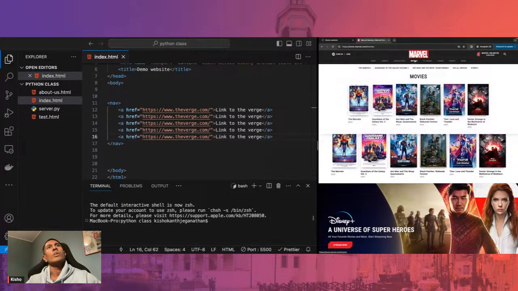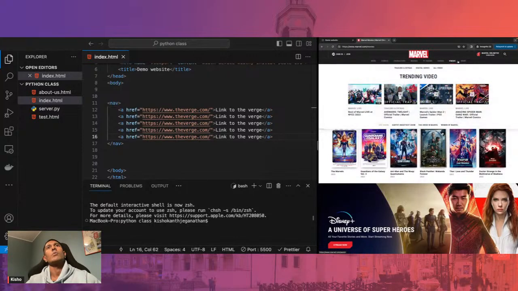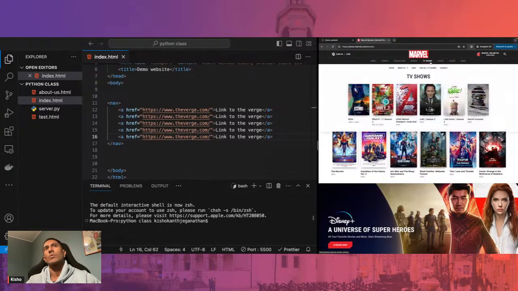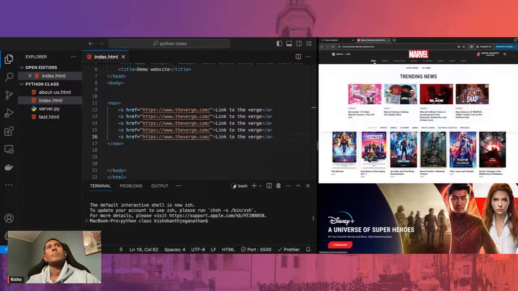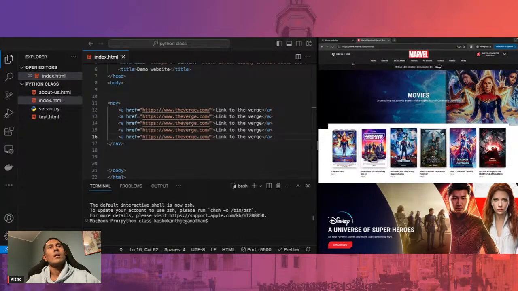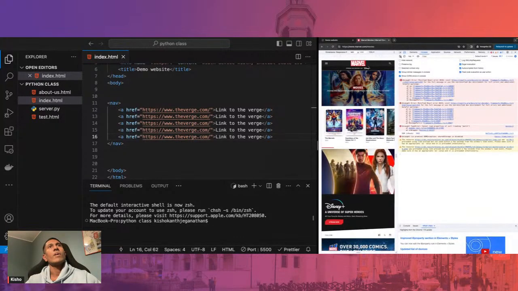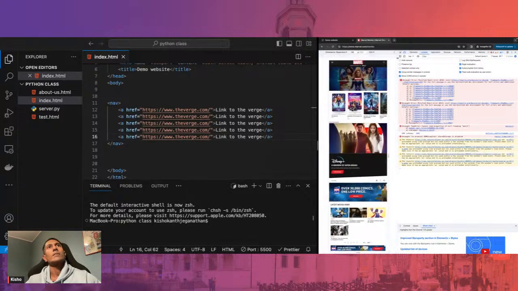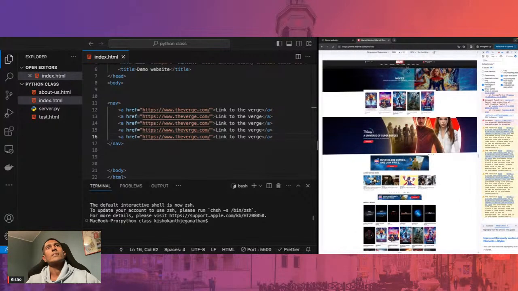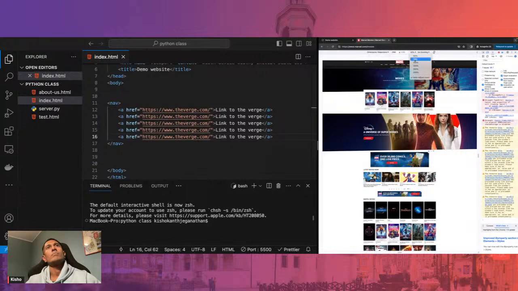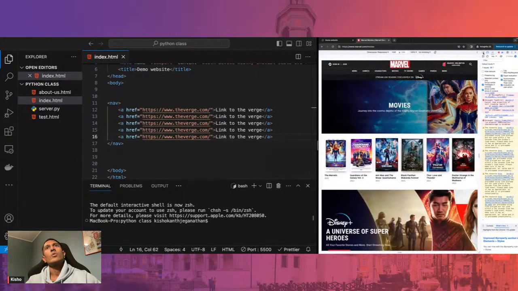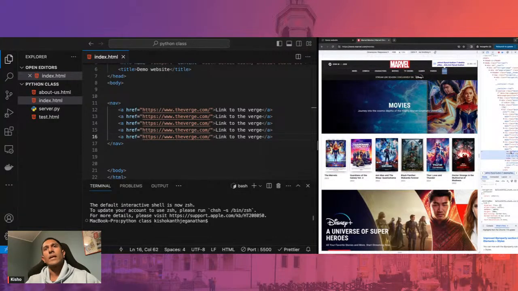Now, when you hover over them, you see these drop downs, and these drop downs are not happening because of HTML or CSS. It's happening because of JavaScript. Now, if I go and investigate the tags over here, number one, you will see that these tags are A tags. You can see it over here. But most importantly, you should be able to see that